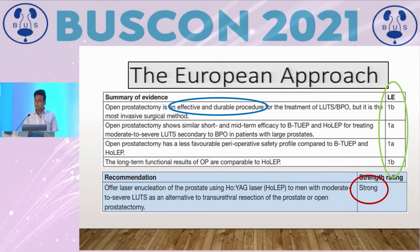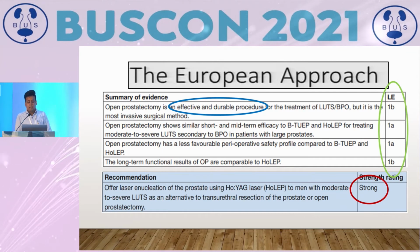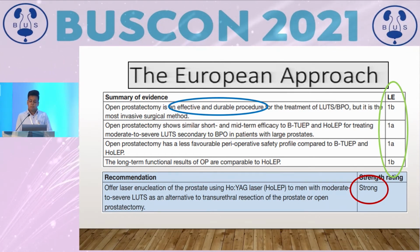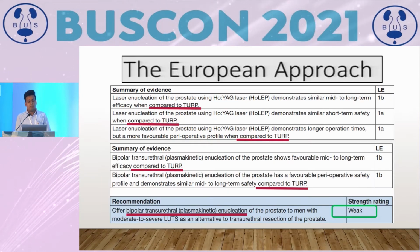Now coming on to the latest guideline 2021, which showed that the open approach has all level 1 evidence. Still, Europeans consider HoLEP as an alternative to open prostatectomy, where all the summary of evidence shows that HoLEP is compared to the TURP. Everywhere it is TURP that is written, never is it compared to open prostatectomy. The same applies to transurethral enucleation, where it is only compared to prostate, and it is a newer technique with